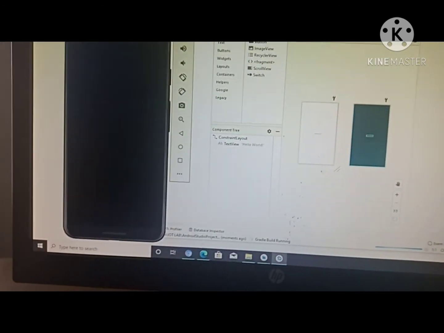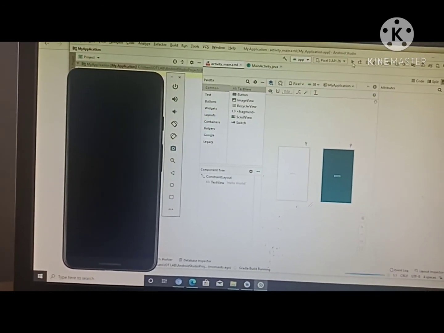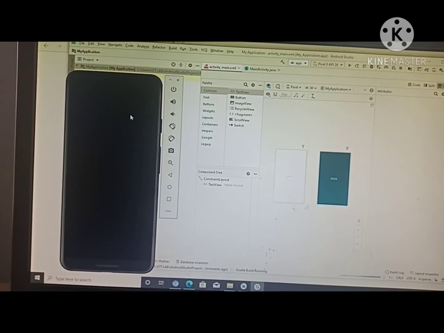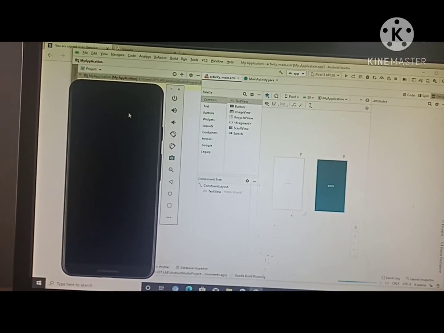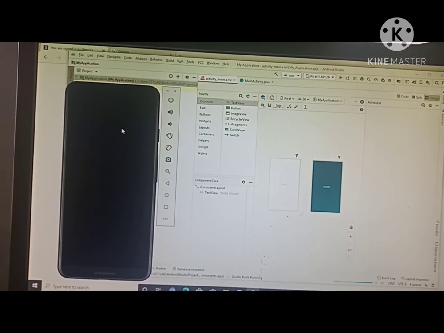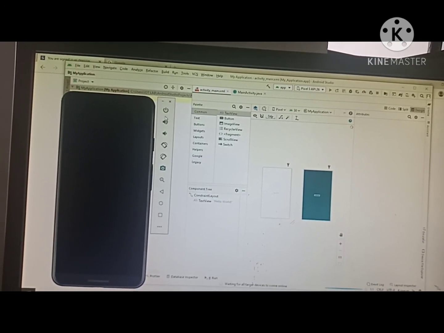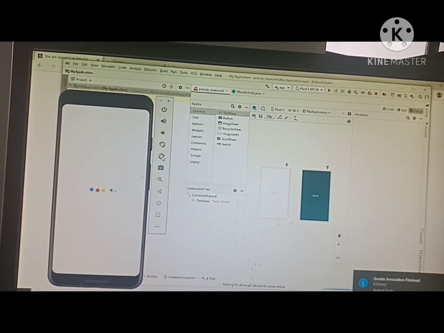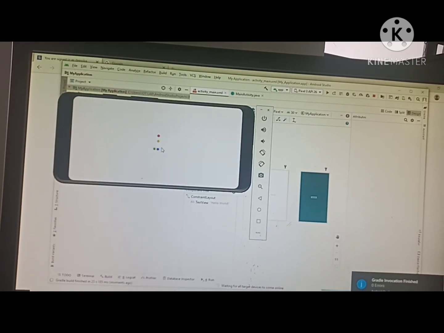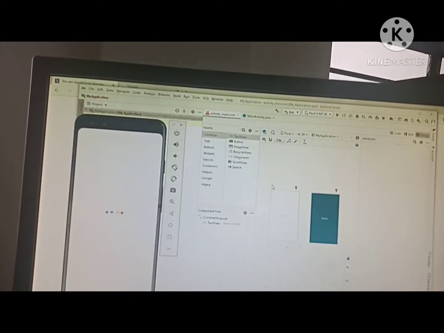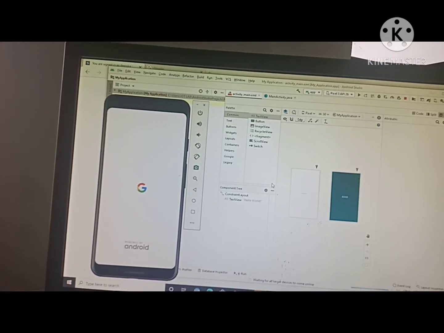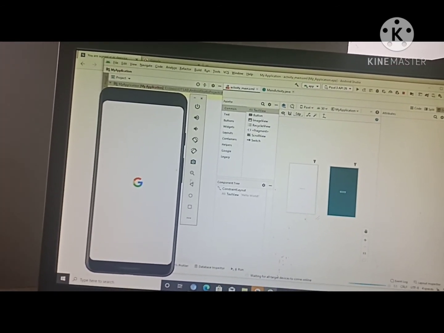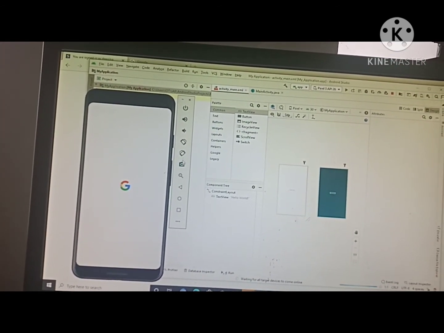Now see here, your simple emulator has come. This is the simple application. Now you can rotate your mobile phone, you can do whatever things you do on your actual mobile phone.